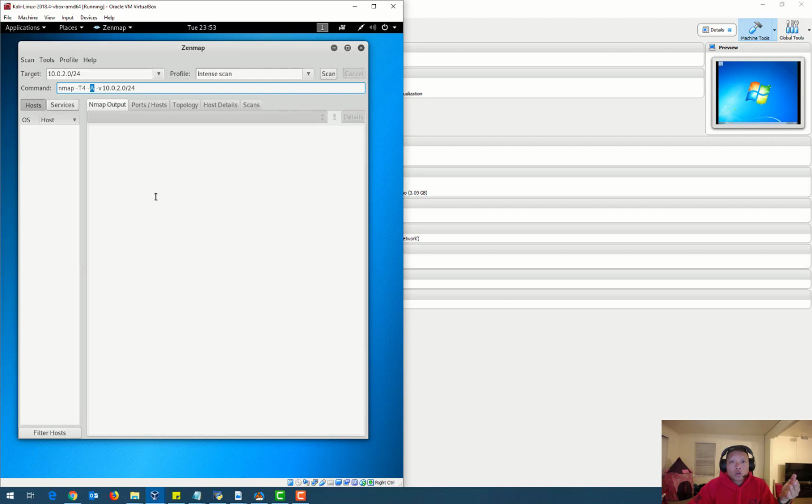It's really important to know what operating systems are running on the computers, so we know how to exploit their vulnerabilities. The dash V is for verbosity. If you want the results to be verbose, just put dash V. And then this is the network,